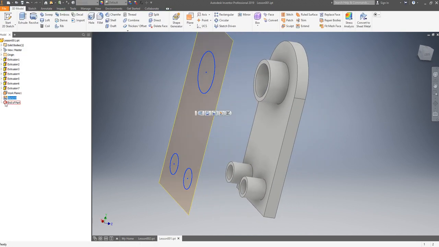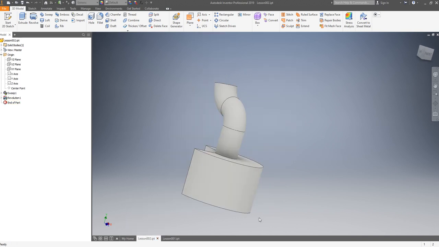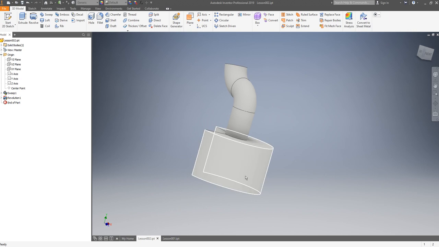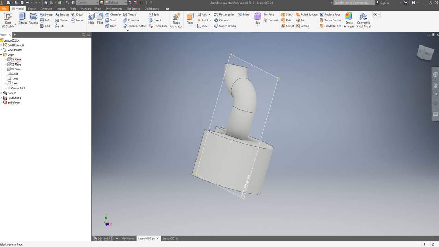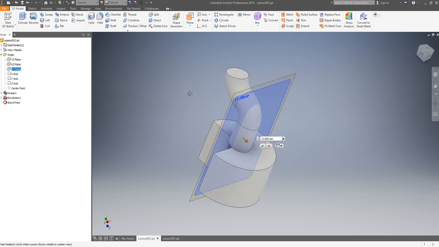We click that. Control C. Copy. Go back to the new part we just generated. Do the same thing. We need to create a reference plane again. Offset. Let's do 35. I want 35.